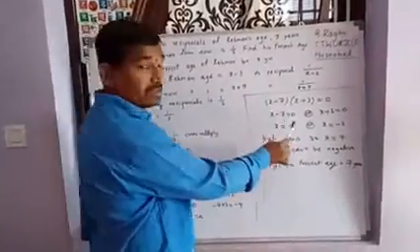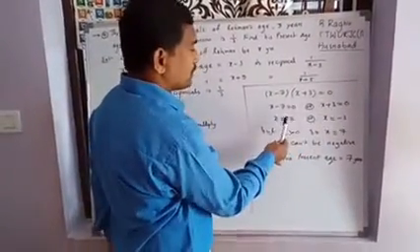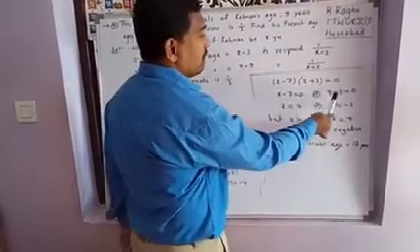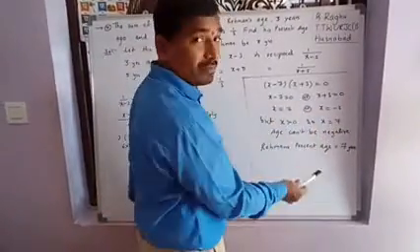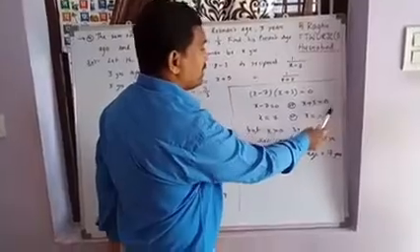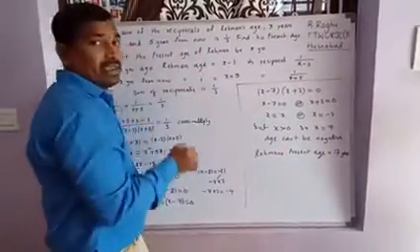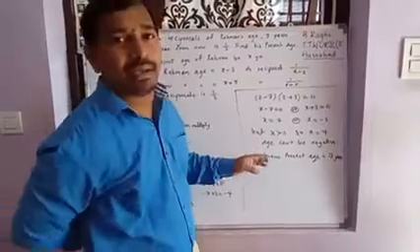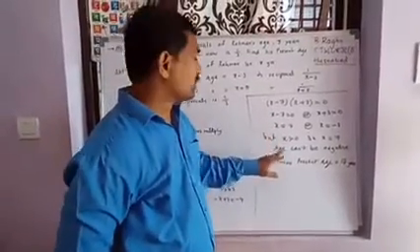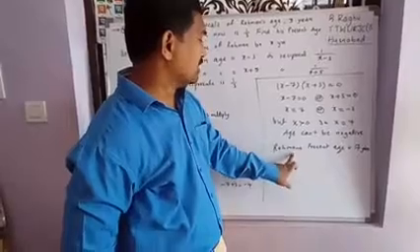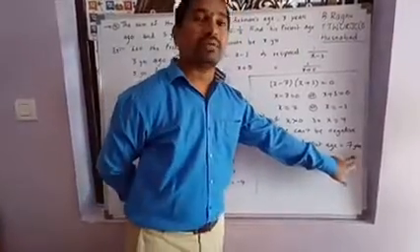So x minus 7 equals 0, x plus 3 equals 0. Minus 7 transposed to the right side becomes plus 7, so x is 7. Plus 3 transposed to the right side becomes negative, so x is minus 3. But here x is the age, and age cannot be negative. Age should be positive. So x equals 7. That is Rahman's age. Rahman's present age is 7 years.